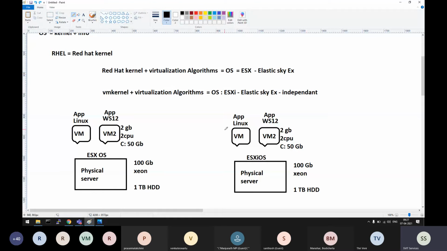Initially they were releasing two products at a time. Once people came to know that ESX and ESXi are both from one company and doing the same job, after 3 to 5 years, around 2005, they stopped this product. We will see all the versions and when they stopped it clearly. Now only ESXi, their own product, is available in the market. No confusion. And we will see those versions too, in which version they stopped it. Fine, understood? So now marketing is running only ESXi. Present usage is only ESXi.